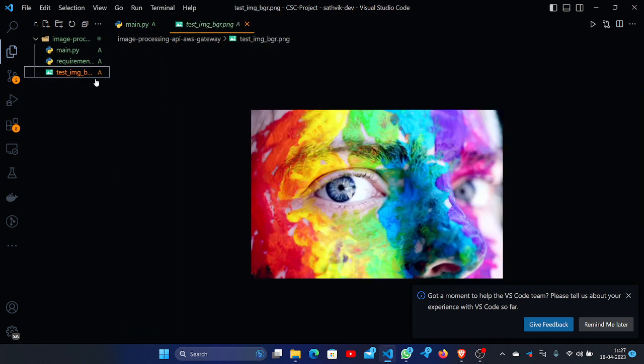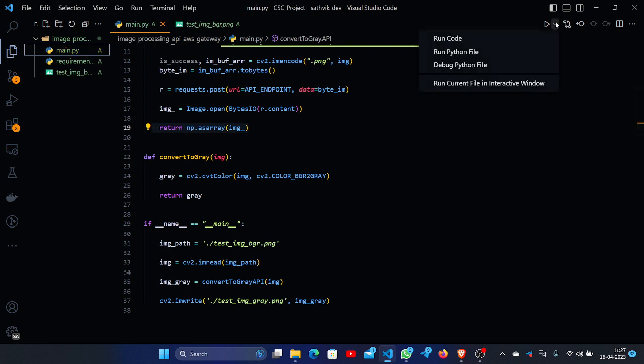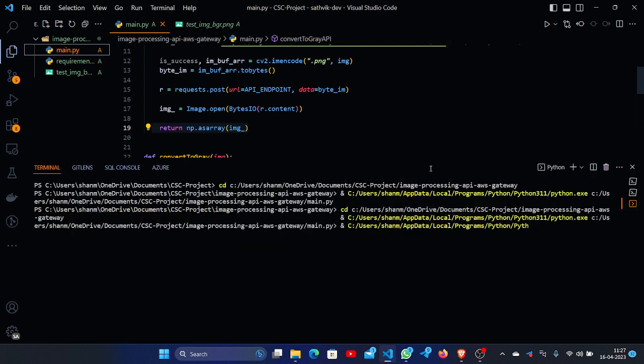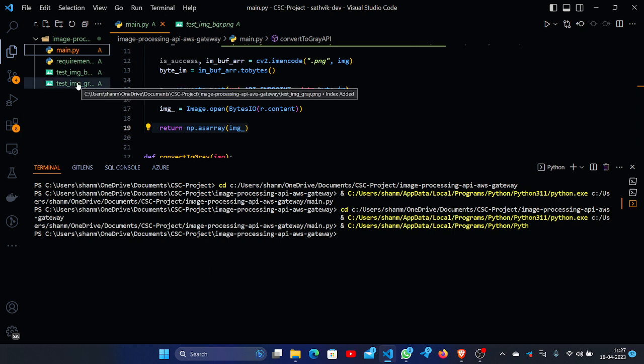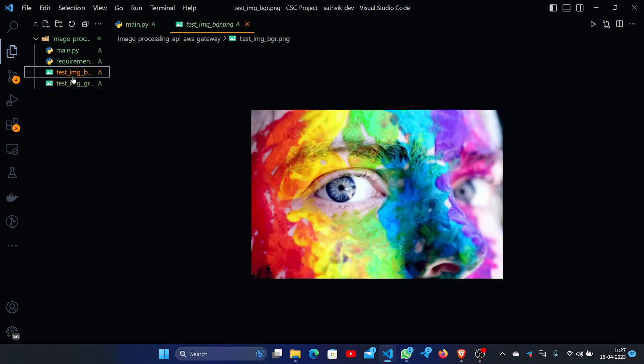See guys, this is the test image. It is filled with a lot of colors, as you can see. Now I'll click on run for main.py. Run Python file. The Python file has successfully run, and as you can see, another file has just appeared here. That's it guys. The image has successfully changed from color to gray, and that's all for the image processing